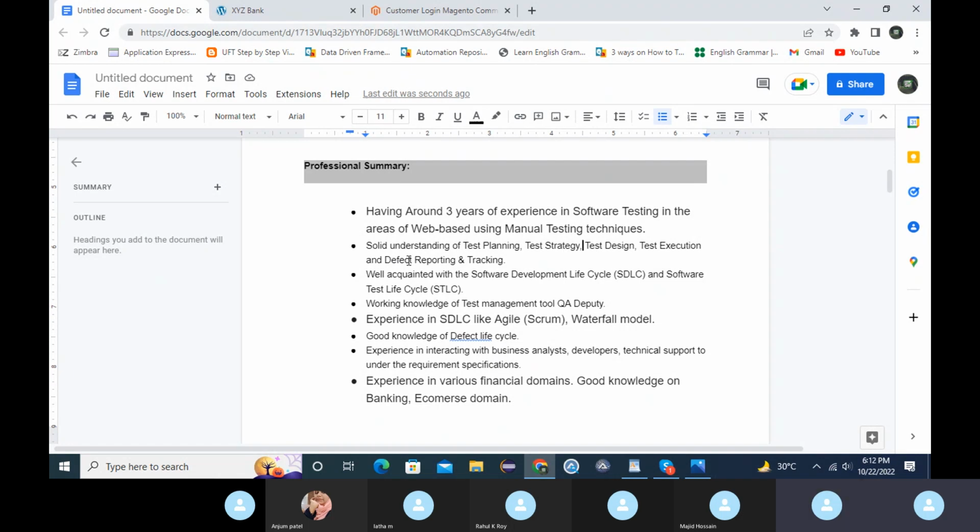Whenever you mention anything over here, each and every word, please be very careful while mentioning. If you are confident enough, like you know about this and you can handle this, then only mention it. Otherwise, if you mention something which you don't know, they will start asking questions from there. If you do not answer, then you will be rejected. But it also doesn't mean that if you don't know this, you will not mention it, because